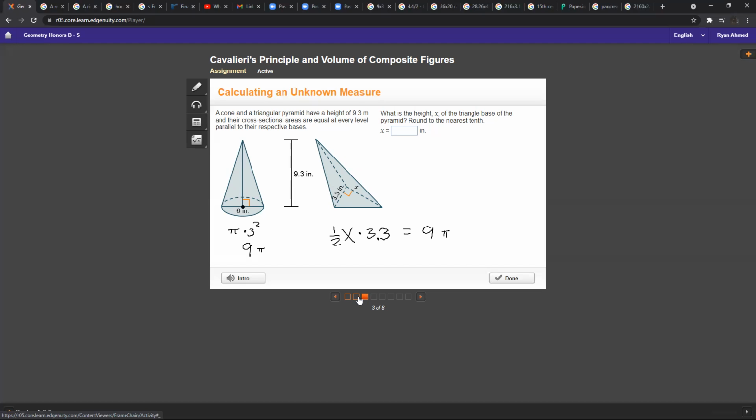So x is, hang on just a minute. I don't trust Google when I'm trying to type pi into a calculation. I think I want to use Wolfram Alpha or something else instead. All right. So x is going to be 9 pi divided by 3.3 divided by 1/2. I really hope that I'm doing it right. I get